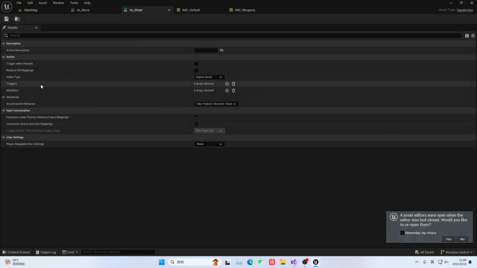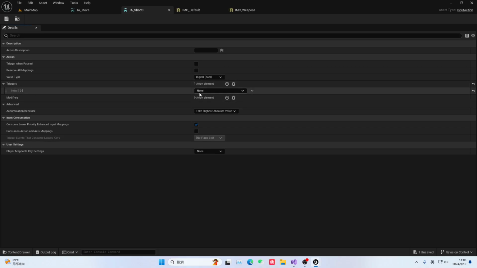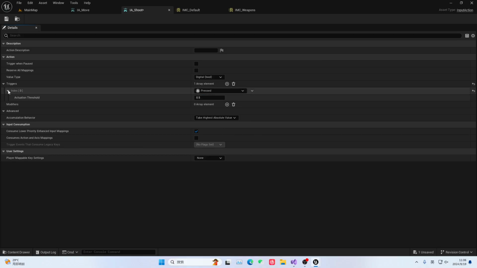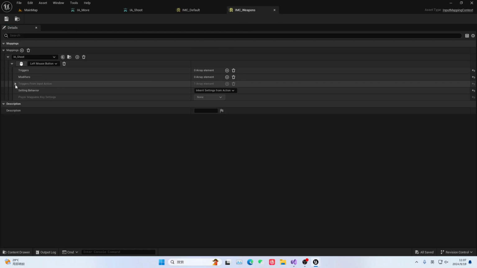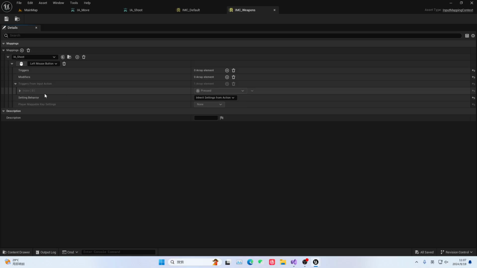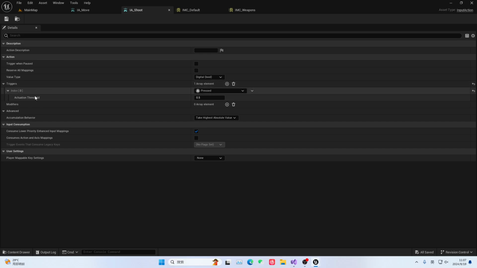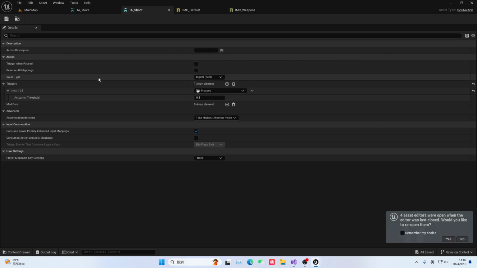And this short should have something like a trigger. So we need to add a place here. It should probably keep firing as long as the button is held down. So such a place. Then this is a 0.5. Then we place it like this in the movie. You will find that in this place, it will have a default trigger from input action. So this place is actually inherited from here. Inherited from here. So that's how it is.